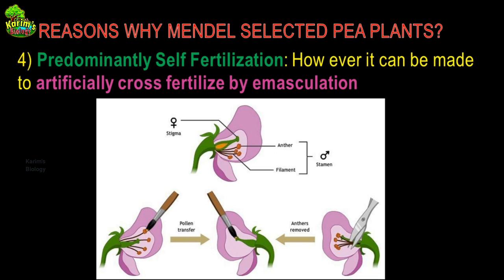You know, in other types of flowers, it may not be possible because the anthers may be deeply situated in a flower, so it may be difficult for the experimenter to emasculate, to cut the anther. Okay, but here anthers are freely exposed outside, so you can clearly cut. That is one more added advantage because of which he has chosen this pea plant for his experiments. Okay, so let us now come to the summary.